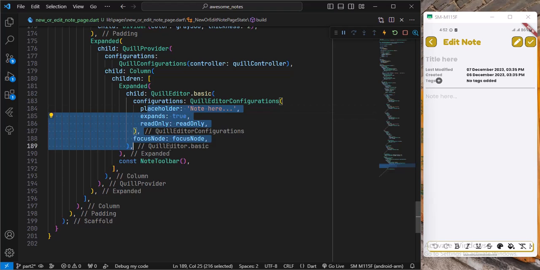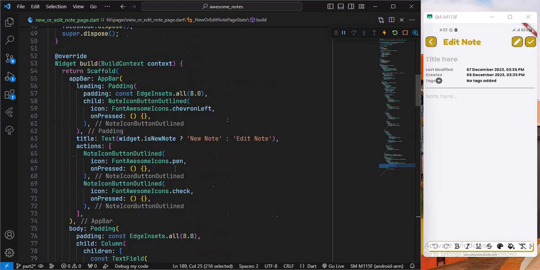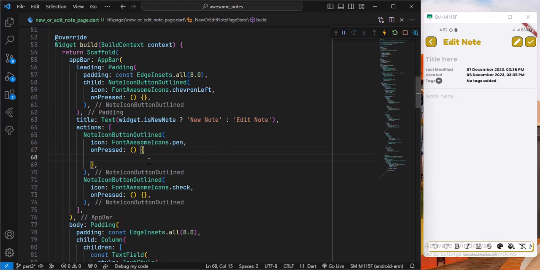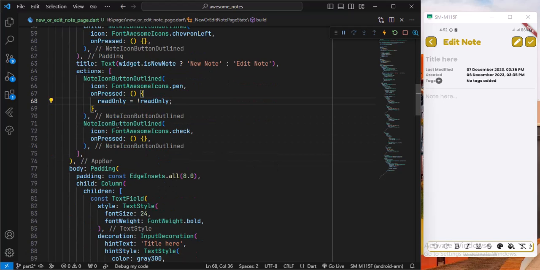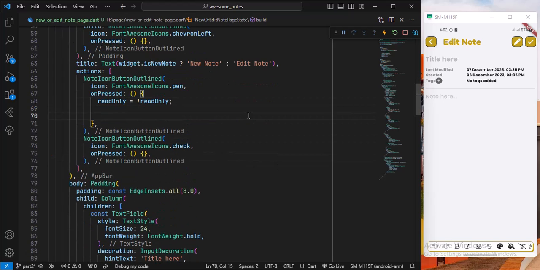And now we're done with this, and now let's just add the functionality to this button. And let me find the button, and here it is. Now when this is pressed, I will assign the read only the opposite of it. Okay, and then if read only,